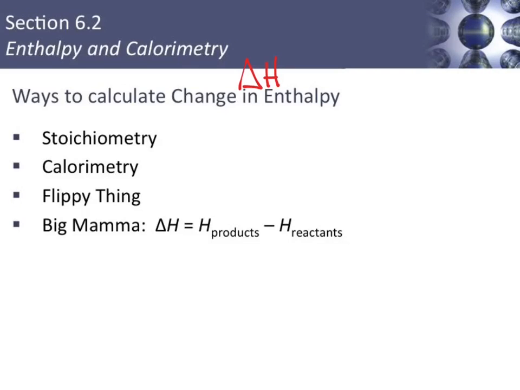So there are several ways to calculate the change in enthalpy, four of them that we're going to talk about. We're going to talk about stoichiometry and calorimetry today. And then there's something called the flippy thing, which is Hess's law. And then Big Mama, which is delta H, the heat of the products minus the heat